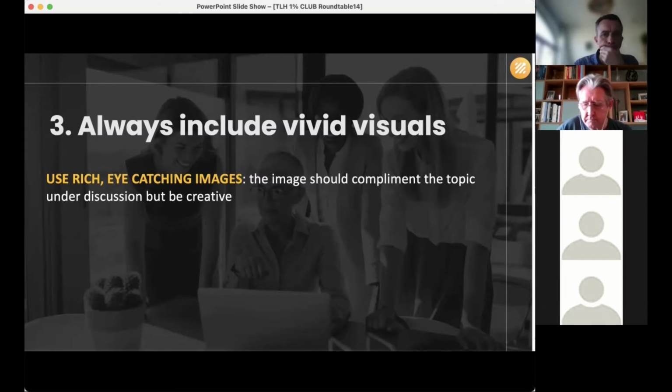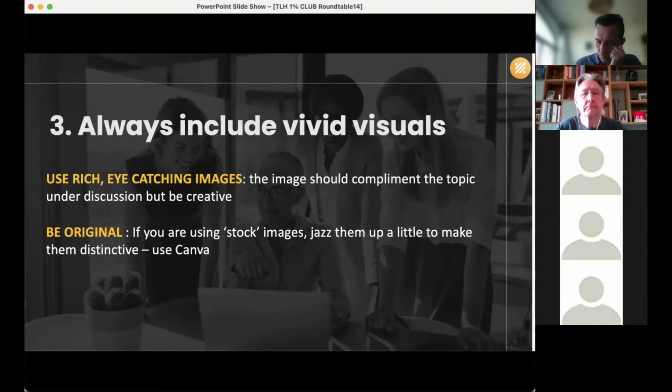There's an argument to say, post a picture of your dog and you'll get loads and loads of comments and loads and loads of likes, which might well be true, but are they the type of people that you want to engage with? So don't chase likes or comments from people that you're not really interested in engaging with. Be specific, be focused upon your avatar, but once you have the content that you want to share, position it and post it with some very relevant visual images around it.